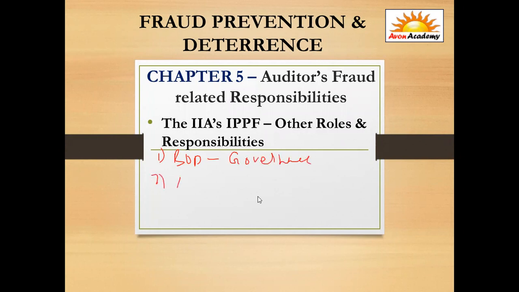And then towards the audit committee, it's related to overseeing the control, that is the internal control mechanism part. And then towards the management, it's more about overseeing the activities of the employees. Towards the legal counsel, we are talking about advising the management part. Then when we talk about the external auditor, the auditor is going to maintain the professional standard.